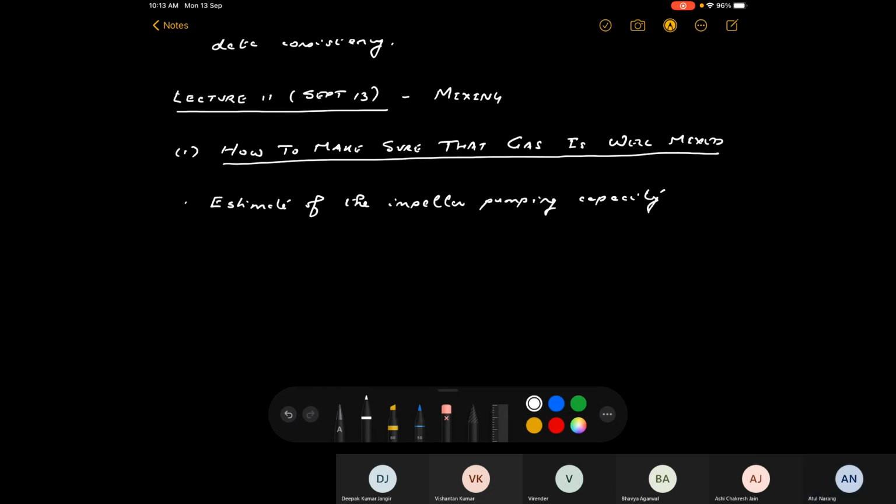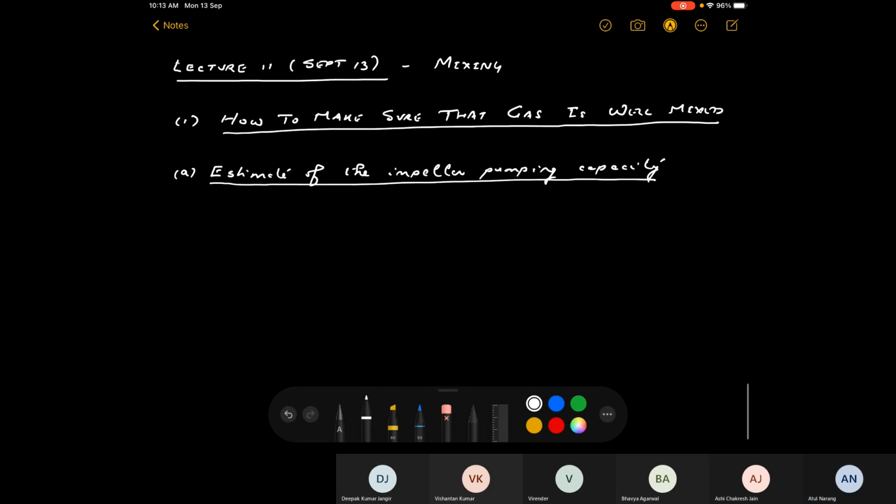The key number here is called the liquid flow number. There is a number called FL, which is called the liquid flow number, which is defined as